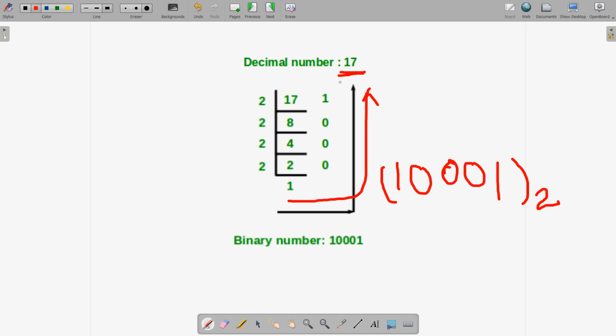We can use that approach also by using the powers of 2, 2 to the power 0, 2 to the power 1. So if you are comfortable using that, you can use that, or otherwise you can do the successive division. So by the division form also we can break this number into its binary equivalent. Okay, now I hope this is clear. If you want to watch it again, you can pause the video and watch it once. Clear? Okay, so we have seen two examples of this also.